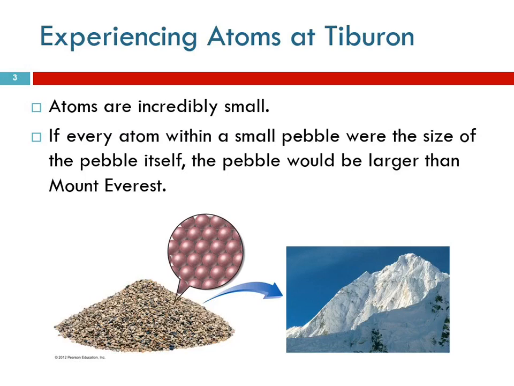So, if you can imagine Mount Everest made out of sand, how many pieces of sand would it take to make a pile as big as Mount Everest? A lot, right? We don't even have a name for a number that big, at least not that I know. The math people outside could probably tell us. We're not going to ask them. Lots and lots of pieces. That's how many atoms are in one grain of sand. Atoms are unbelievably small.